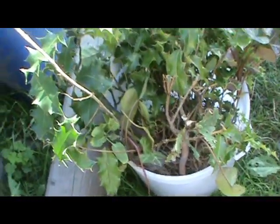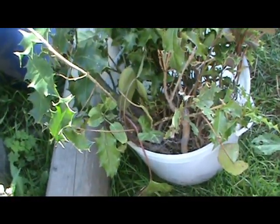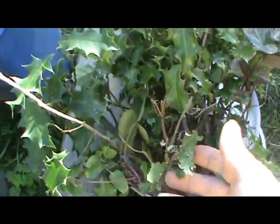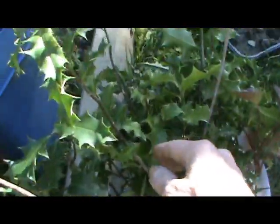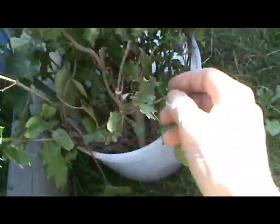Okay, people, September 27, 2017. Andre and I went back to the walnut trees, and we got a whole bunch of baby, what do you call these things? Holly trees. So I'm going to be planting those. Plus we got